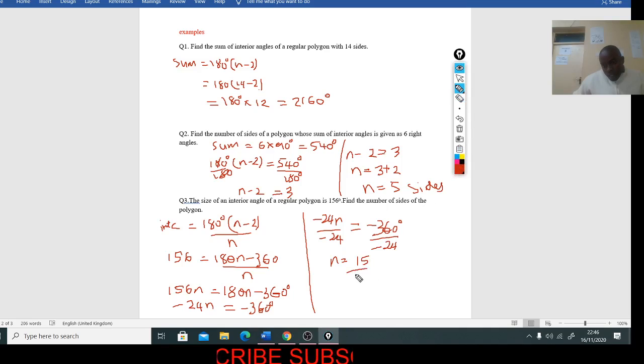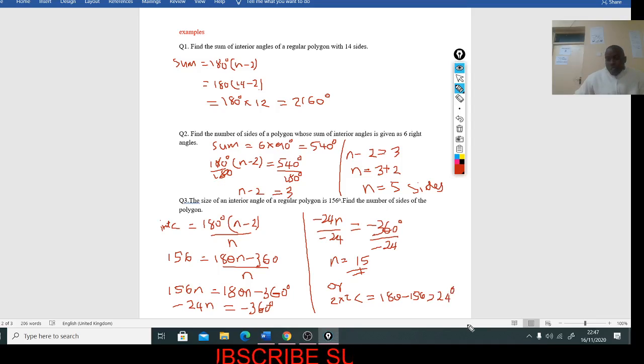So these are the number of sides. Somebody can also think about it this way: we are given the interior angle, and we know interior angle plus exterior angle equals 180 degrees, so the exterior angle is equal to 180 degrees minus the interior angle, 180 minus 156, and that gives you 24